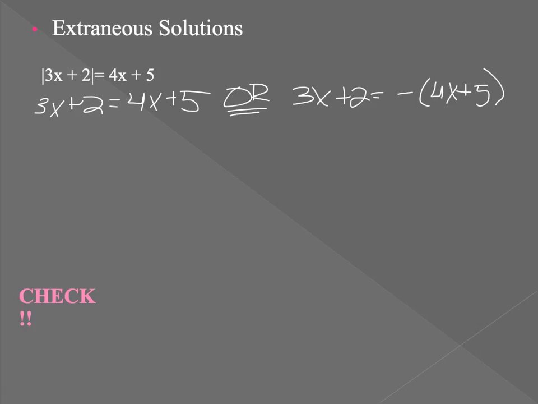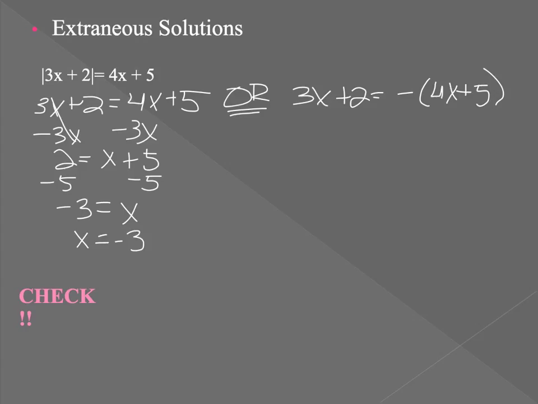So we're going to solve regular equations. We're going to subtract the 3x to one side. We get that 2 equals x plus 5. Subtract the 5. And we get that x is negative 3. And we know that you can write it either way. Usually the variable should go on the left, but it doesn't really matter. So x equals negative 3, or